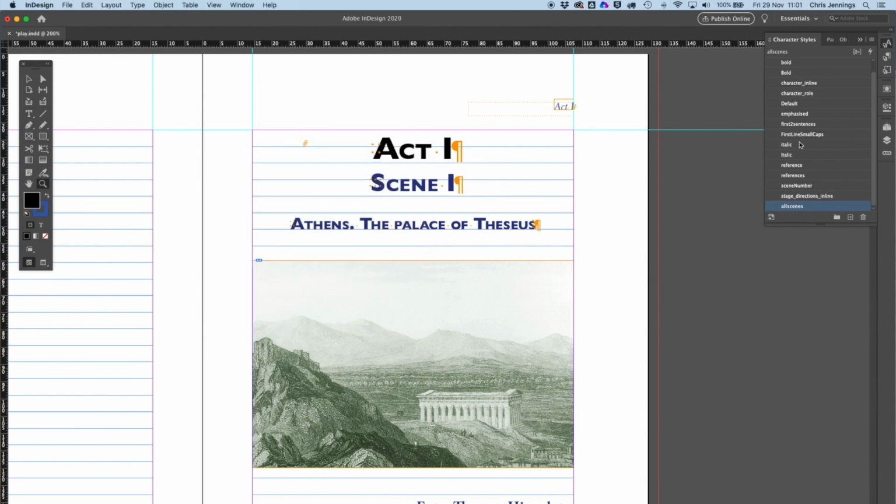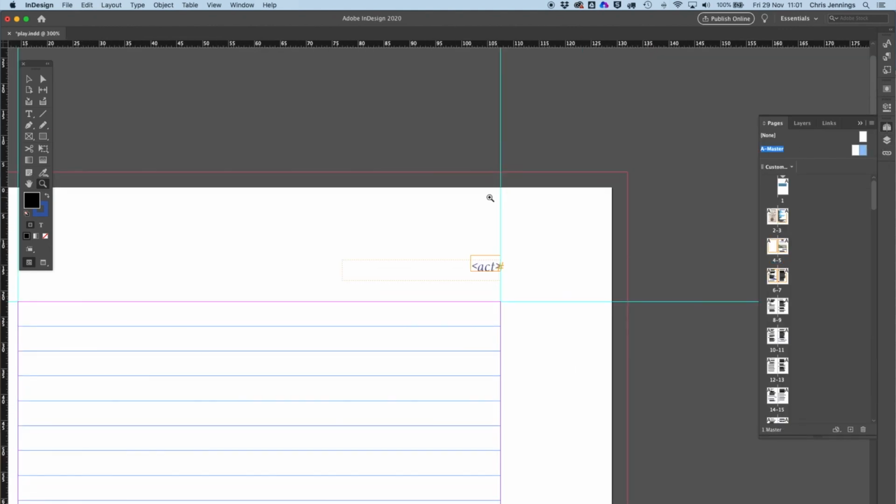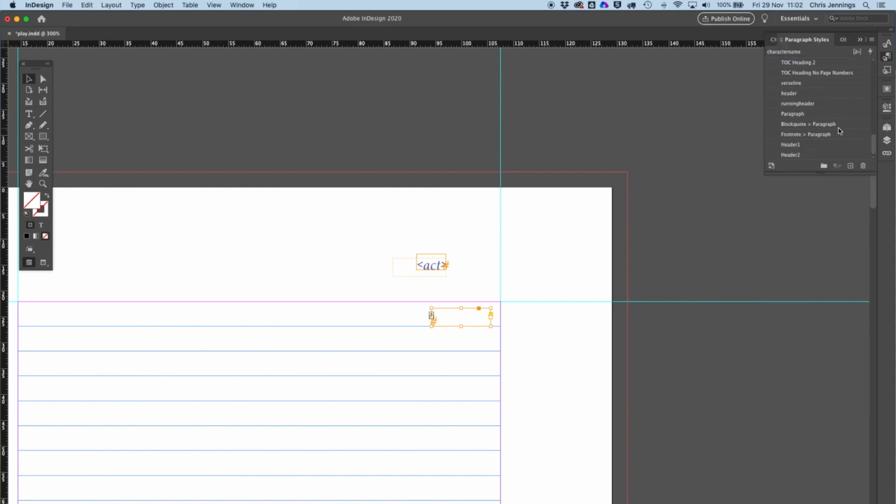Okay, now let's go back to our master page. Let's just move that over here a little bit. I'm going to create a new text box. Let's just put it up here for the moment. And now what we want to do in that text box, let me just put it down here for the moment, and make sure that that style that I'm using is the right